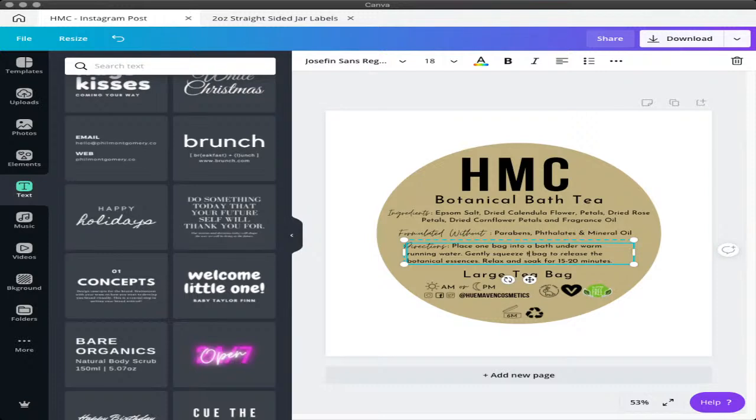Tea bag. We're going to put tea in front of it. Place one tea bag into a bath under warm running water. Gently squeeze tea bag to release botanical essences. And no, I don't want to use botanical essences, so we're going to slip back on over to